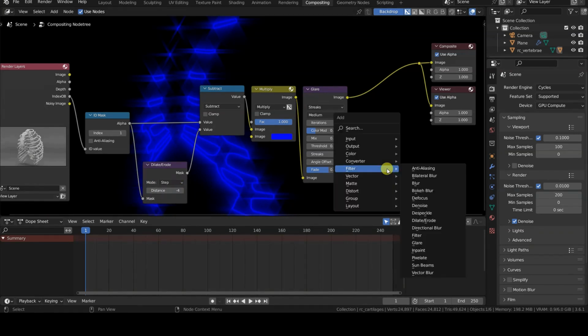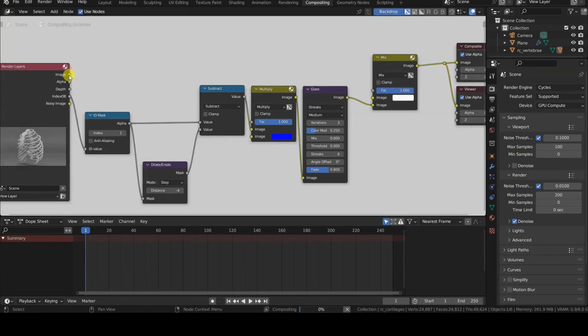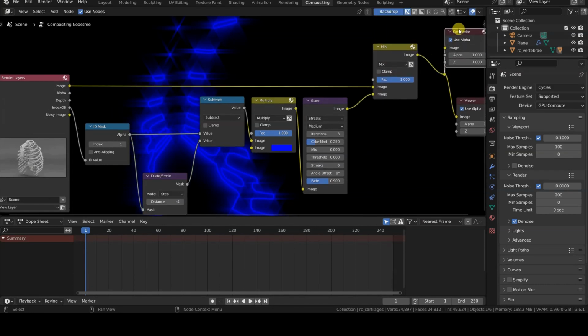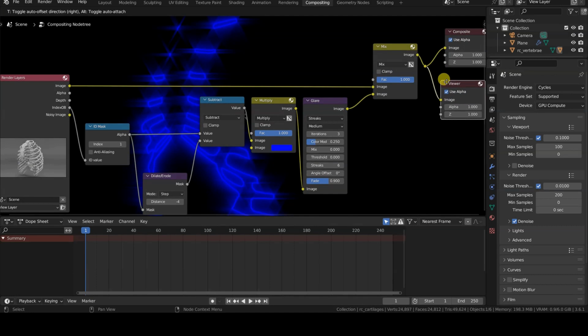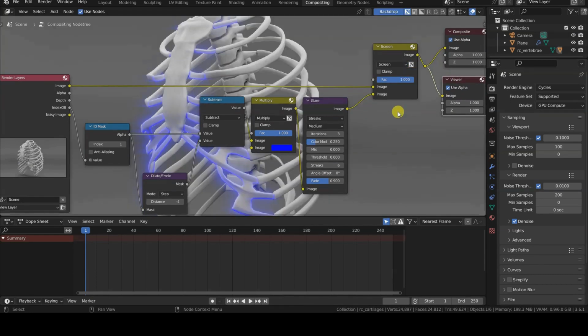All that remains is to overlay this result onto the original render. There are various ways to do this, but perhaps the simplest is to insert a Color Mix node set to screen mode, with a value of 1 for the vector field, before the reroute node. Be careful about the order of the connections on the screen node. The image coming from render layers should be connected to the first image input, while the one coming from the glare node or any other mask effect nodes should be connected to the second image input.